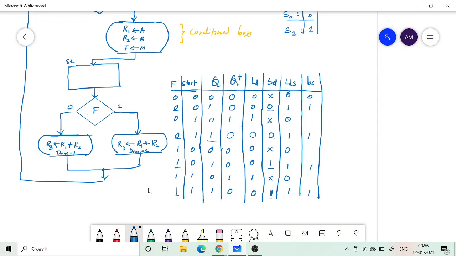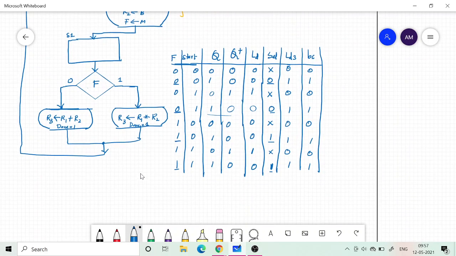Whenever you load only register R3, that is the time you should give it. So the result will come whenever you load the register R3. At that time your tri-state buffer is enabled. So it's basically the same function. LD3 and BC are the same control signal, as you can see, and L1, L2, L3 is what is LD. They are also the same control signal. I am not writing separately. So similarly LD3 and B3, and select is a, so we only require 3 control signals which are unique.